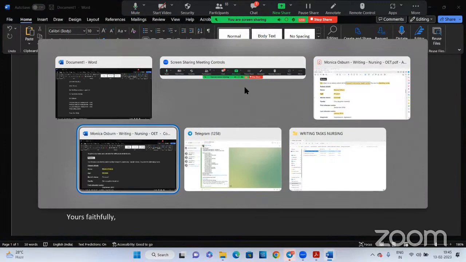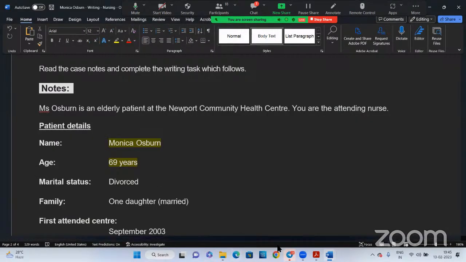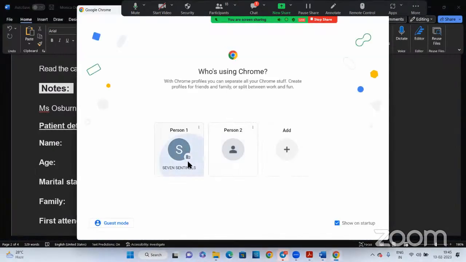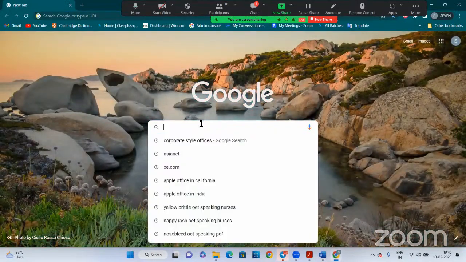I'm going to take you to the official website now. Many people write, I am writing to refer, I am writing to discharge, I am writing to transfer, I am writing to provide information, I am writing to update the information. I am writing to you, I am writing to provide you the information. All this is too much beating around the bush.